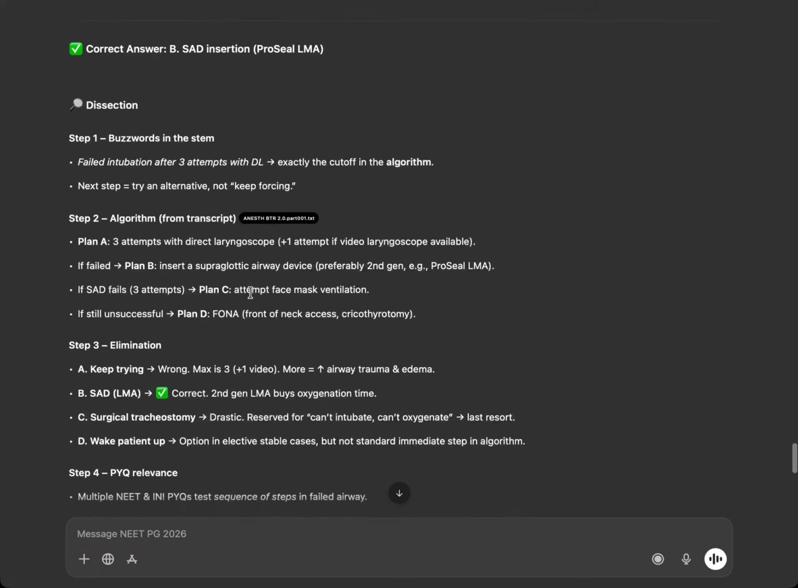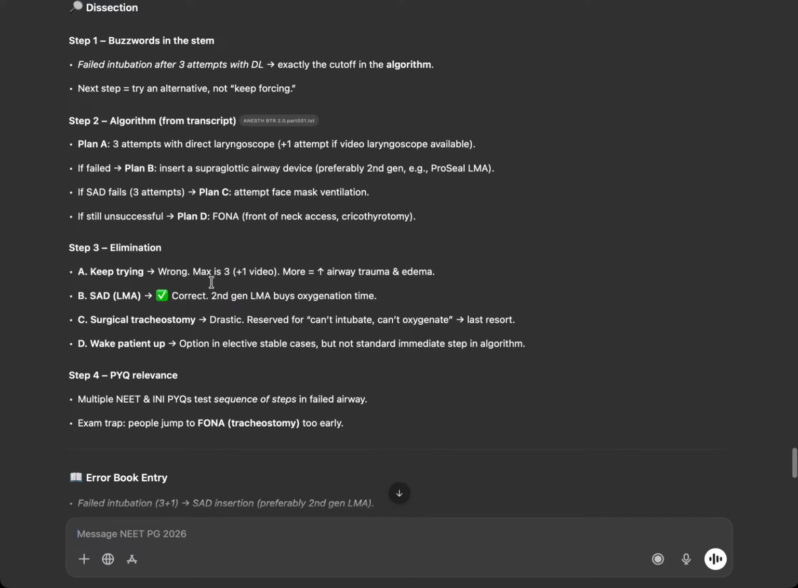Okay, keep trying is wrong. SAD is the correct one. Surgical tracheostomy is drastic, it's not needed right now. Can't intubate, can't oxygenate, last resort. It becomes an option in elective stable cases, but not okay here. Not completely a mad option, but